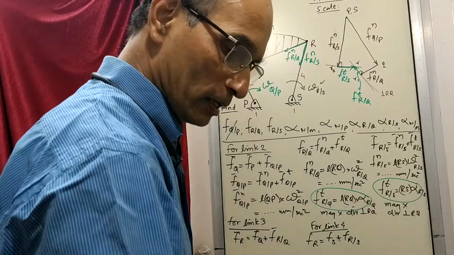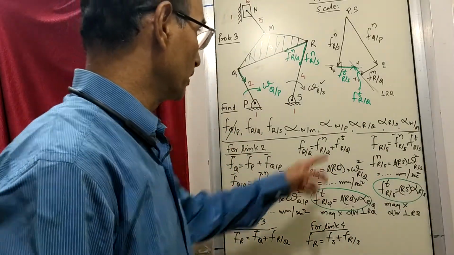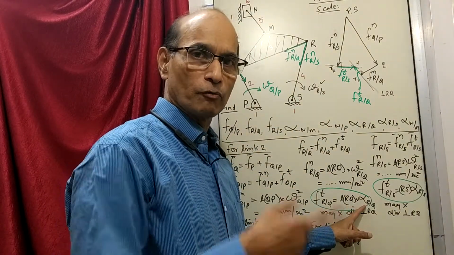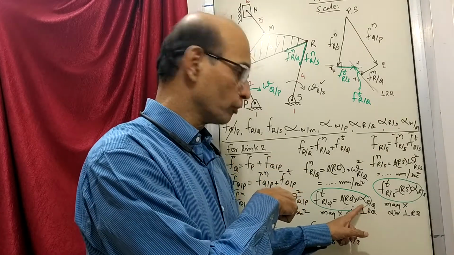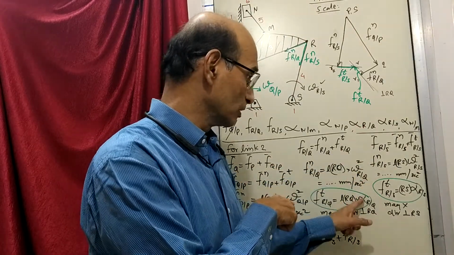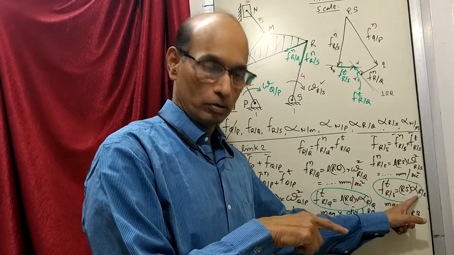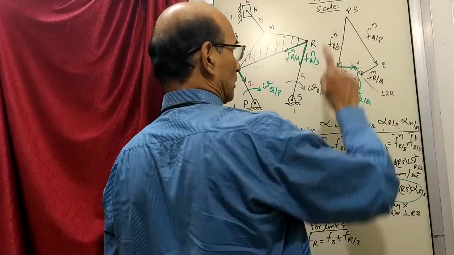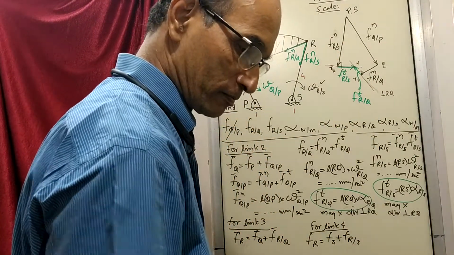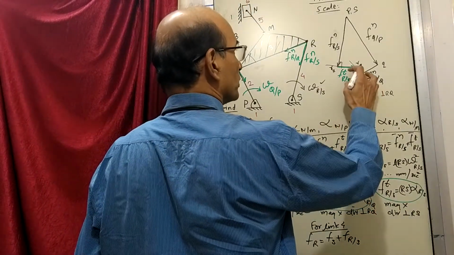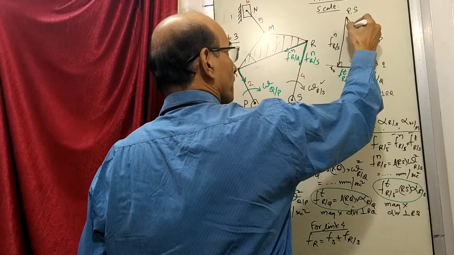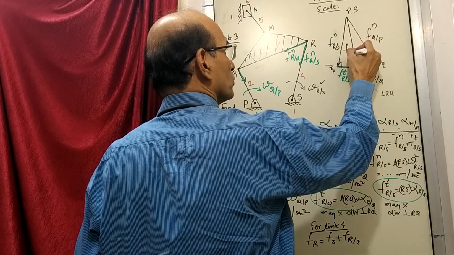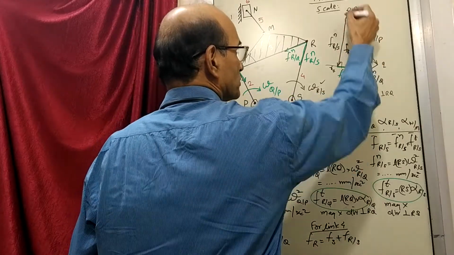So that now we can go back and write these values directly here, and then from that, what was not known, because of which we could not draw this earlier, we could not find this earlier. Those parameters, which are the accelerations, you can now find out. Okay, so that we will do, and in the process we have found out this R. So now we will say that acceleration of R with respect to S, that means you have to join this with this. This is acceleration of R with respect to S total. This is normal, this is tangential, this is total.